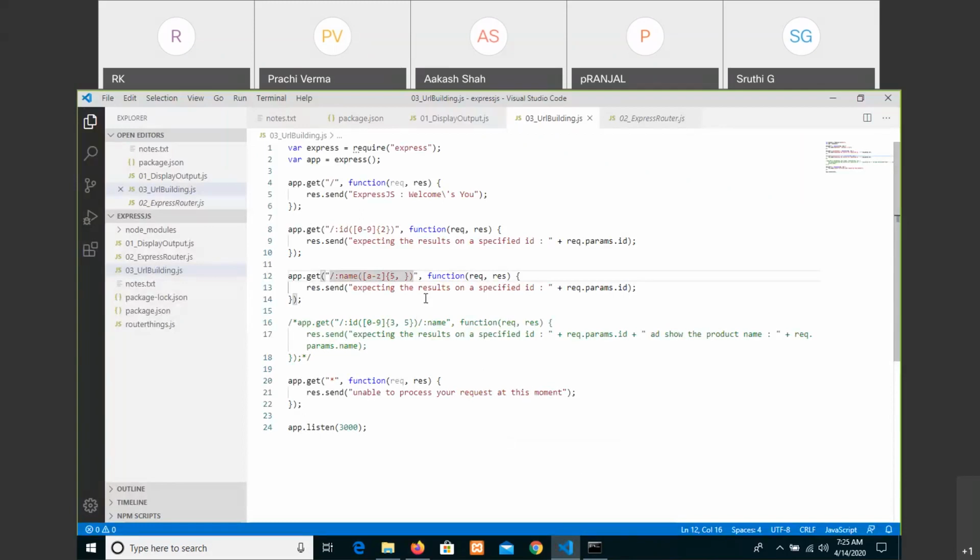Then if any of that query or variable or any of that link or router is not working, we are by default setting a star as a 404 point, we can say. If none of the URLs is opening, or any URL is not properly opening, then we can make it something like unable to process your request. And the next point is